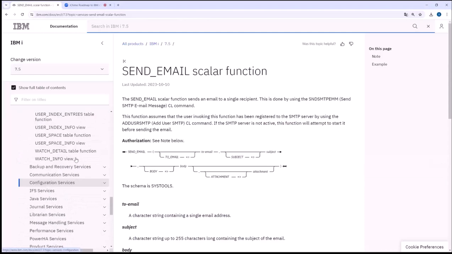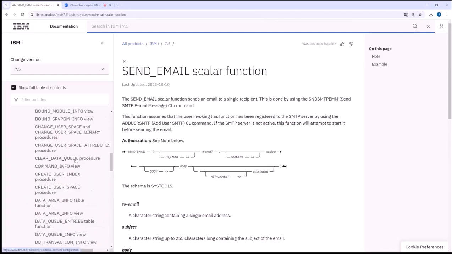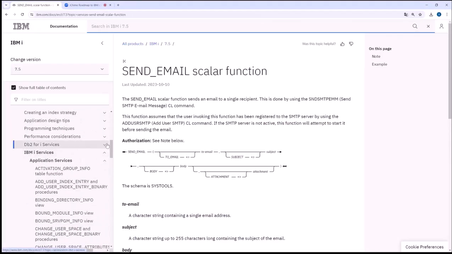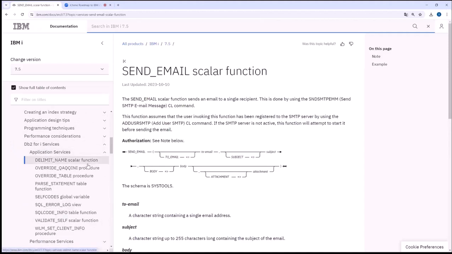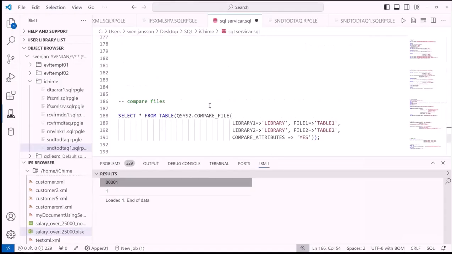But it's very useful. That's comparing physical files. Compare files, or tables. Or tables, of course. Okay. That was actually all I wanted to